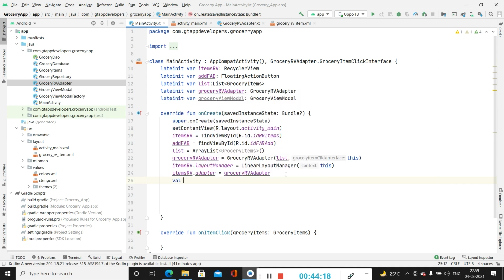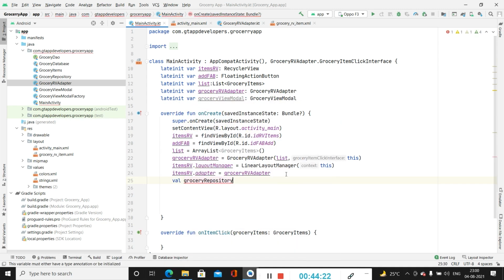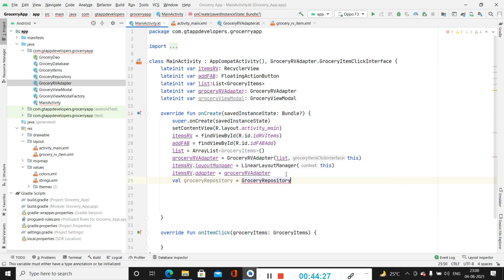So for that we will be firstly calling the grocery repository equal to grocery repository. Inside this we will be passing our grocery database, and we will be specifying the context.